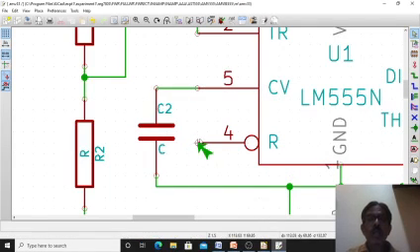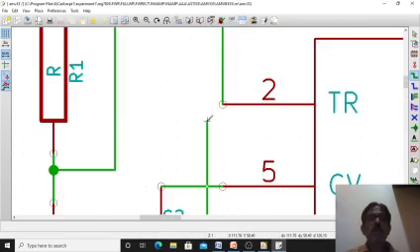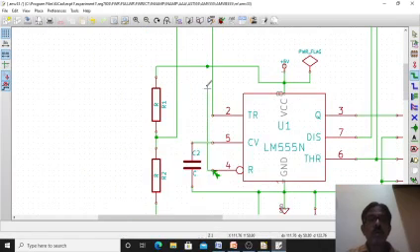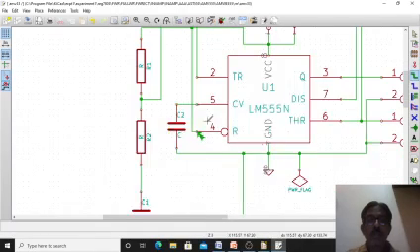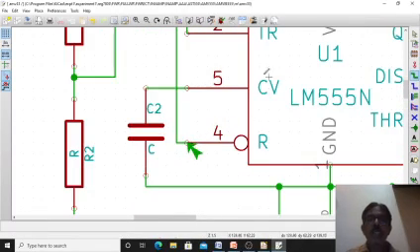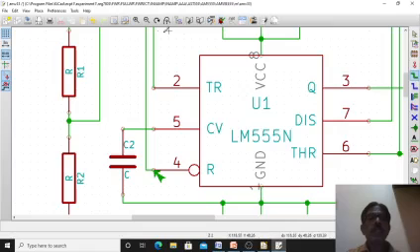Okay, from pin number 4 I should connect to ground. Pin number 8 I have to connect to VCC, I have connected. Okay, so I think it has been fixed, right? No problem. So once again save it.